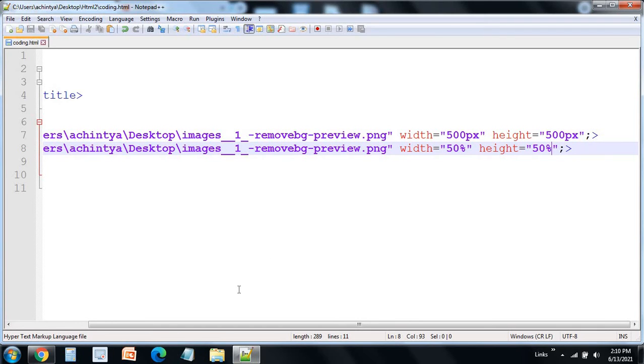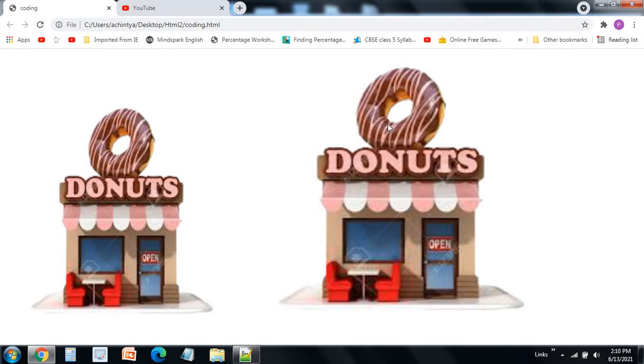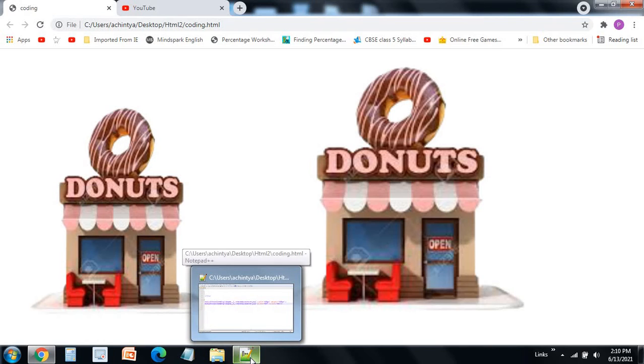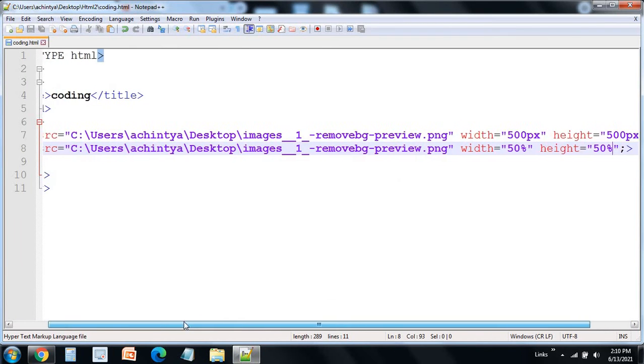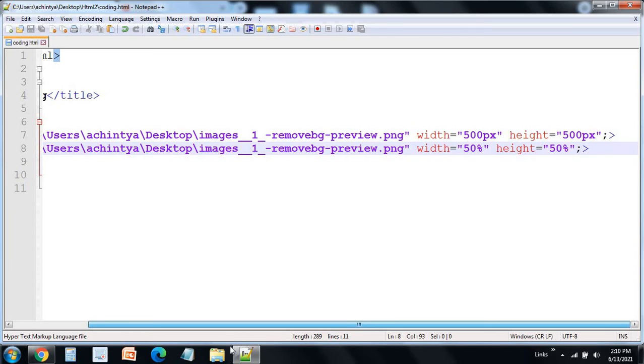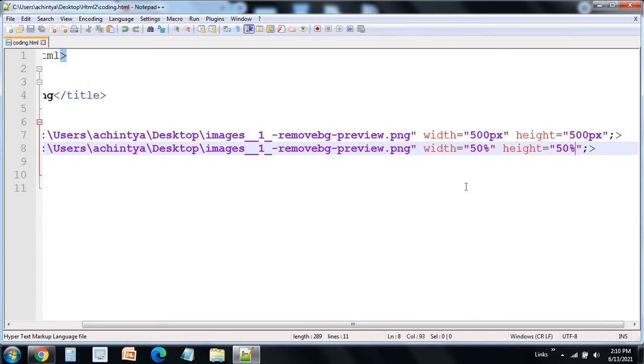With percentage, on any computer it is going to give you the accurate spacing. For example, if I type 50% over here, it's working on my computer, and if I run this program on your computer, it is going to work just as well as it's working here. So this is the difference between px and percentage. Px is specific to one screen, but percentage works for all screens, because percentage is going to be the same whereas px is going to change.